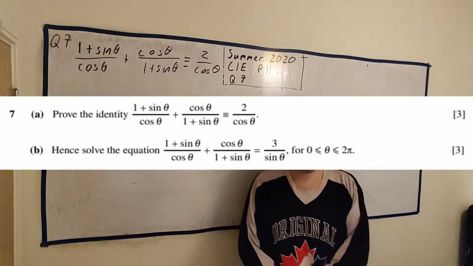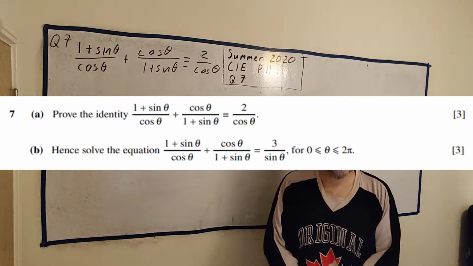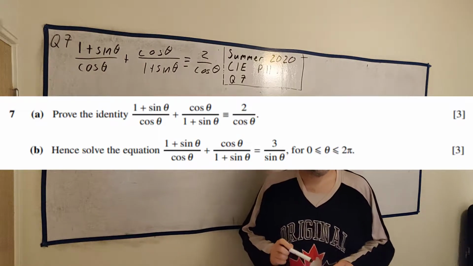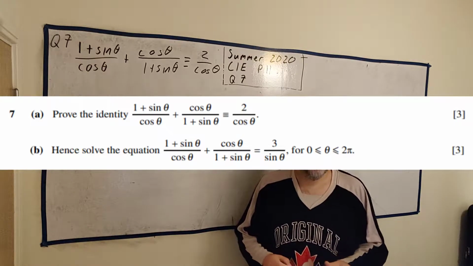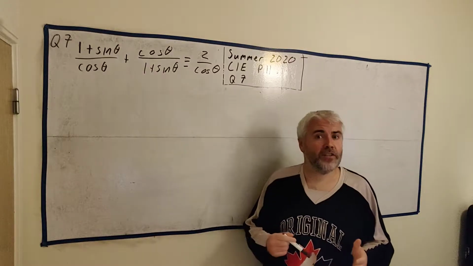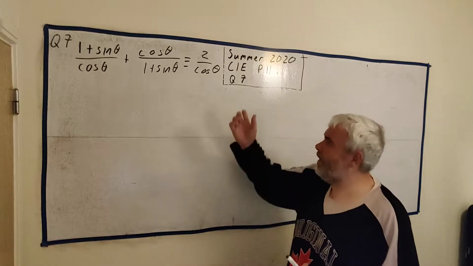Hello, this is question 7 from the 2020 June set of exams from Cambridge International, and this is paper 1-1. In the description below you'll find a link to an image of this question, and I recommend you try the question first before looking at the solution. This question involves trigonometry. We're going to have to equate two equations, and first of all we're going to have